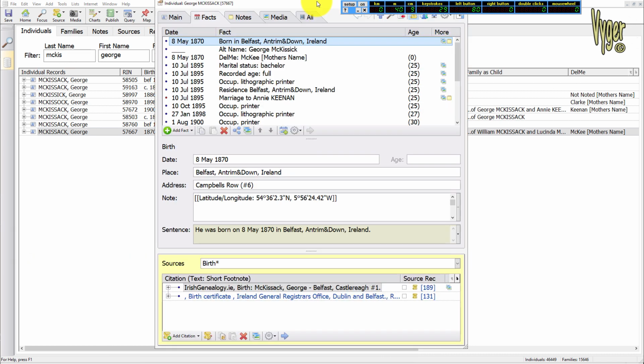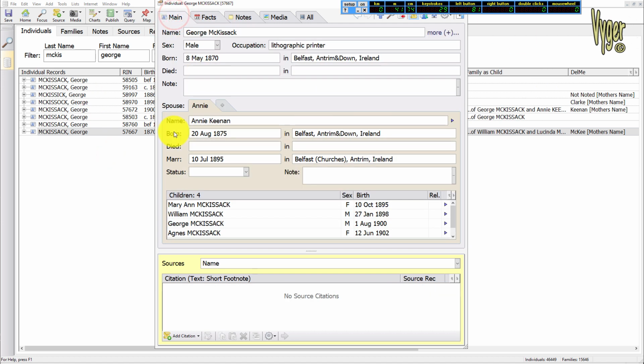I wanted to jump back to George there, because what I didn't show you in Family Historian, this is the main window. He only has one spouse here. Name's Annie. That's only a truncation. And here's the name, Annie Keenan. She was born there. If I wanted to add another spouse, I just click the plus button. But unlike Rootsmagic, the spouse didn't get duplicated. It was dropped on the merge operation, which is the correct way to do it.